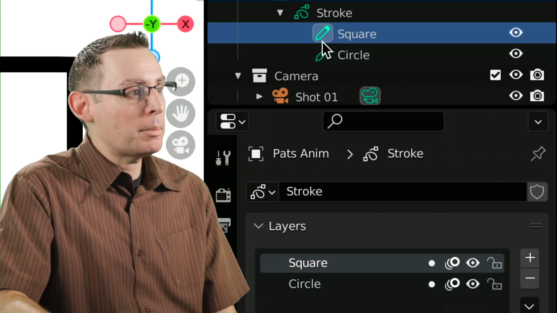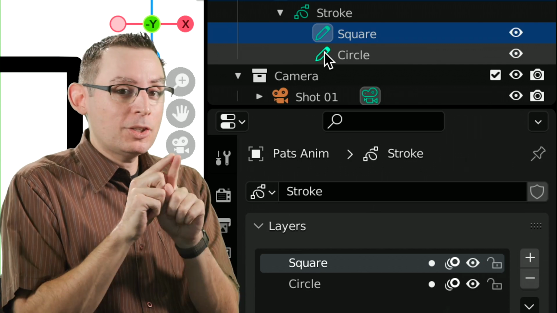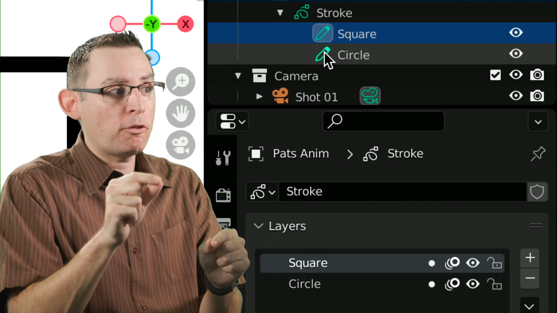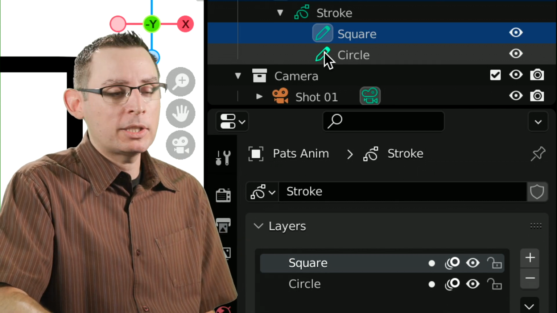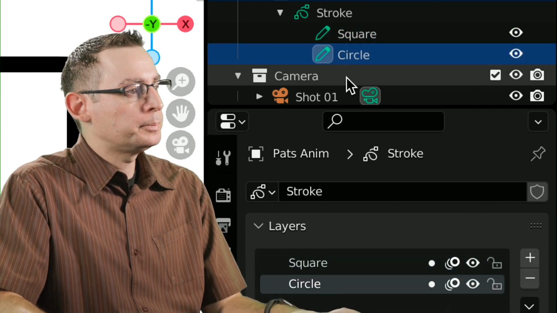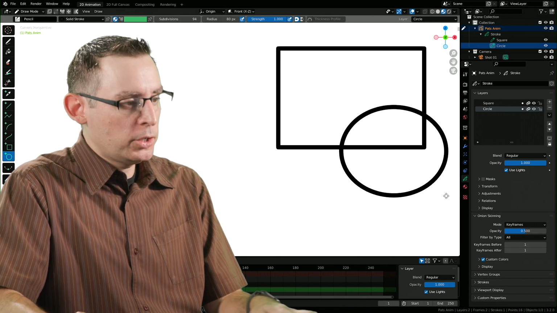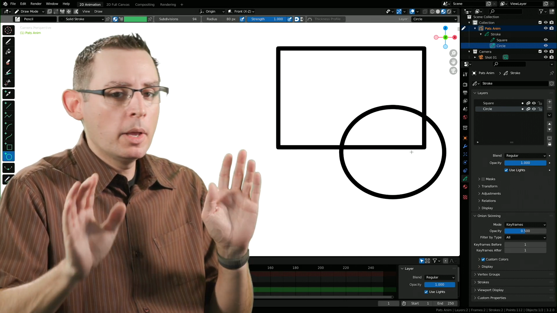This is an important thing to be mindful of, because this in every sense is determining where all of our drawing stroke information is going to be saved. I'm going to go to the circle layer, and as one might imagine, I'm going to grab the circle tool and just create a circle. Hit return to confirm, and we're on our way.